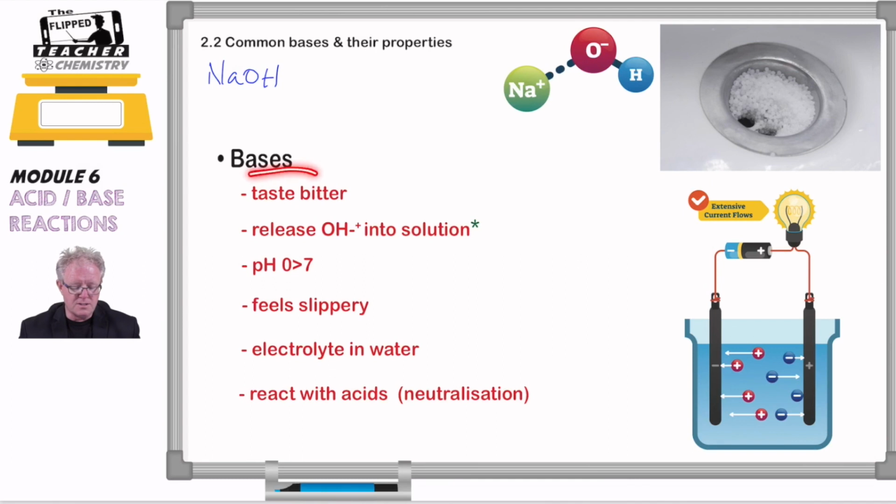So let's have a look at taste. Well, they taste bitter. Remember, the acids taste sour, the good old sour lollies. Bases have a bitter taste to them. And you're probably most familiar with this, I guess, in terms of hydrogen bicarbonate. An experiment you do in the junior school, I know I do, is you make sherbet. And sherbet is where you get citric acid combining it with the base sodium hydrogen bicarb,